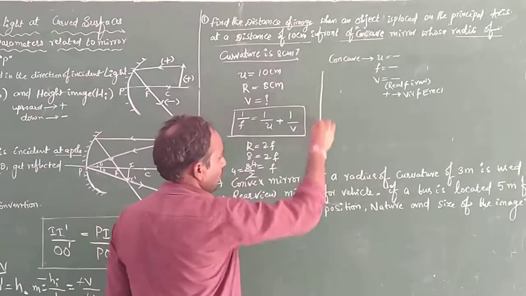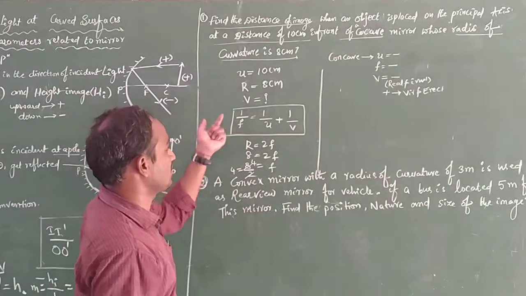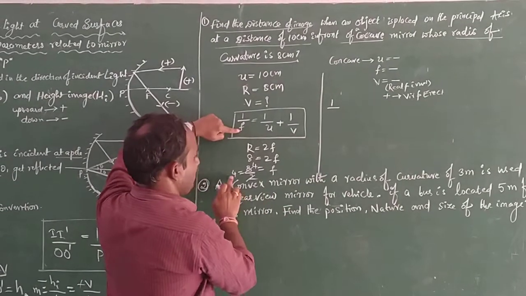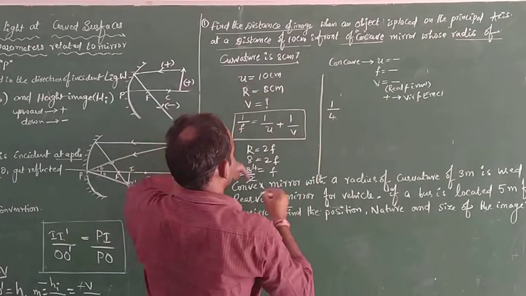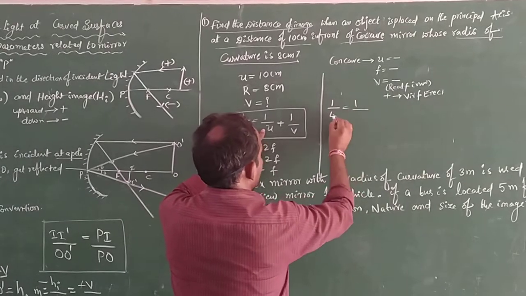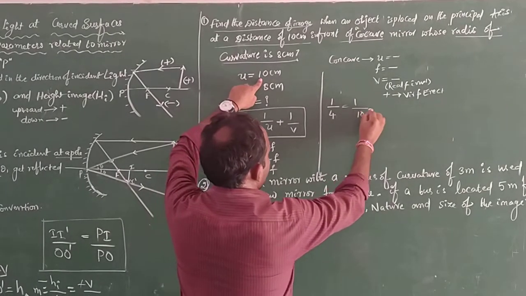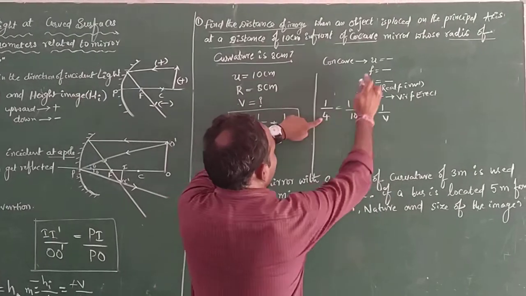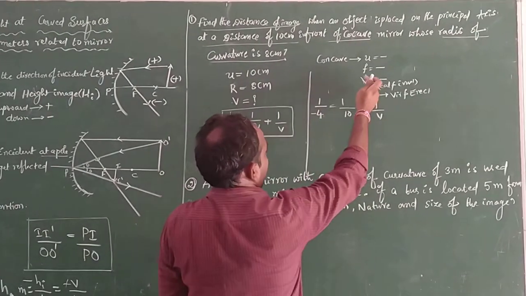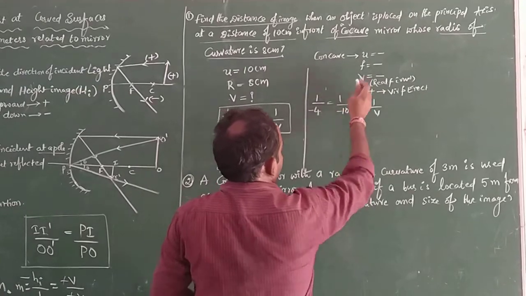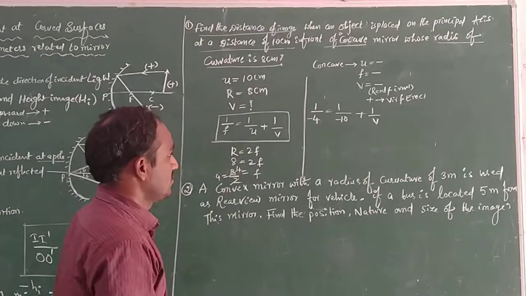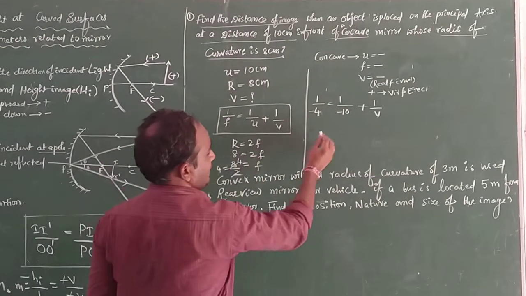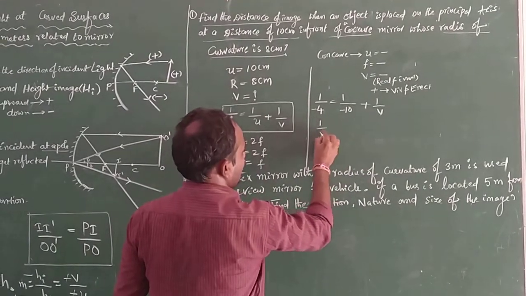So we obtained that 4. Again we are substituting here 1 by F. F is equal to how much here? 4. And 1 by U, U is equal to how much? 10. And V. So here, sign convention rule: U value we always take minus, F value we take minus. So the left side of the 1 by 10 we are taking. Then we can write 1 by V is equal to